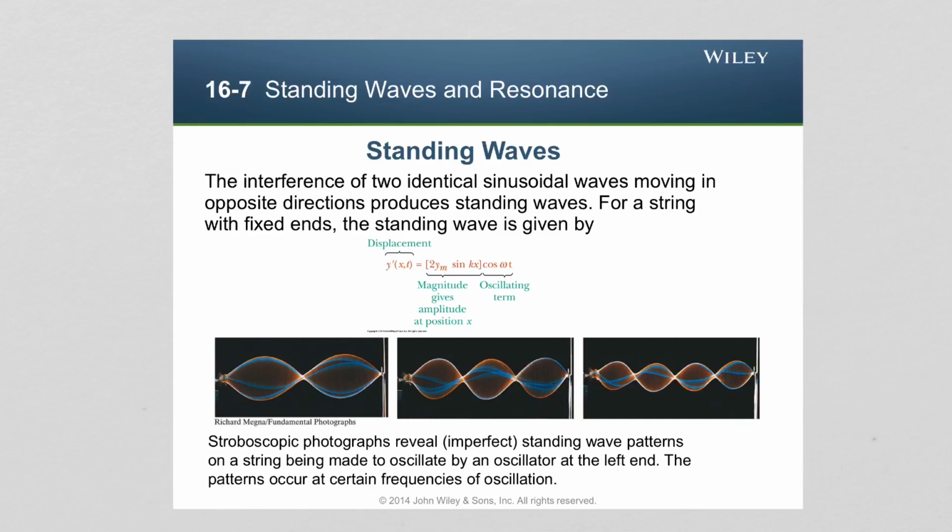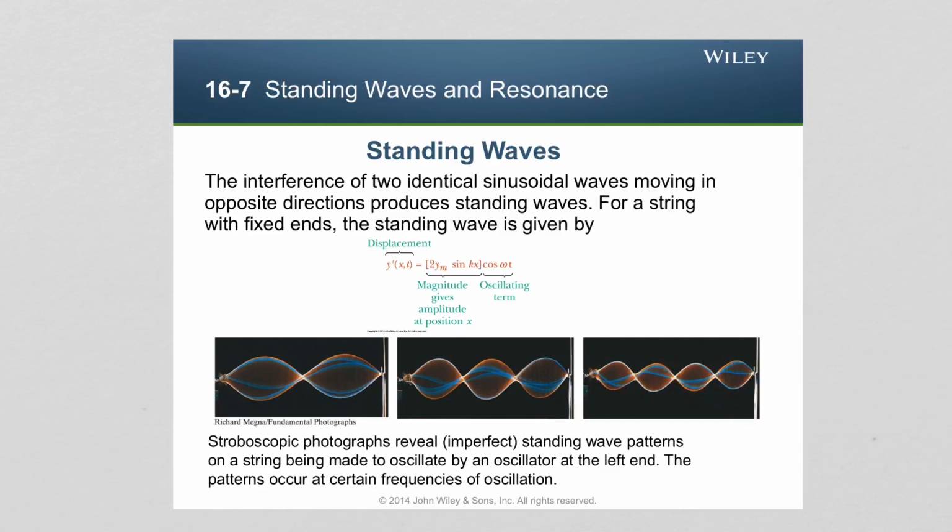So there is no movement of these regions along the rope. They are fixed in place. If the speed of the wave is changed, then the standing wave pattern will look like so. If the speed of the wave is changed more, then the standing wave pattern looks like so, and so on